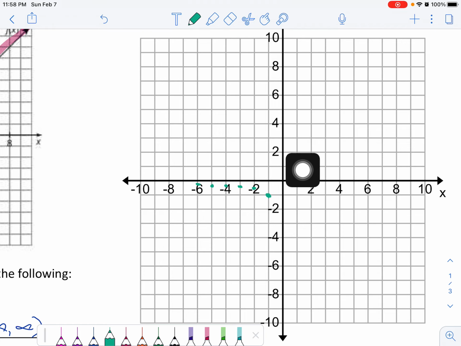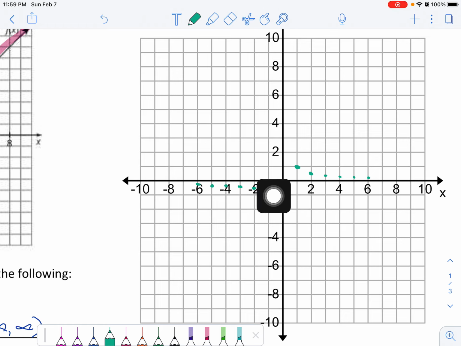Now, if I do the exact same thing for the positives, we started with 1, then we went to 1/2, 1/3, 1/4, 1/5, 1/6. Again, as I'm getting larger and larger numbers for the x values, my reciprocals are going to get smaller and smaller and smaller, and they're going to approach this x-axis. Now, for the set in the middle,